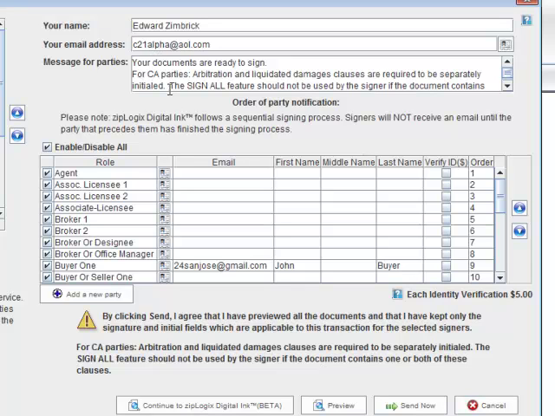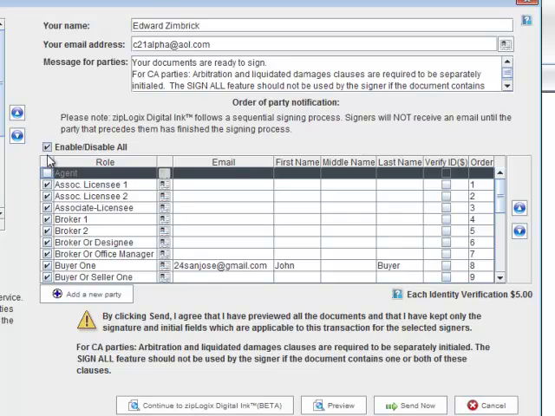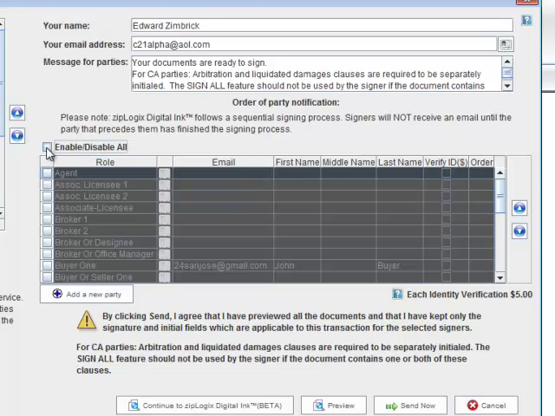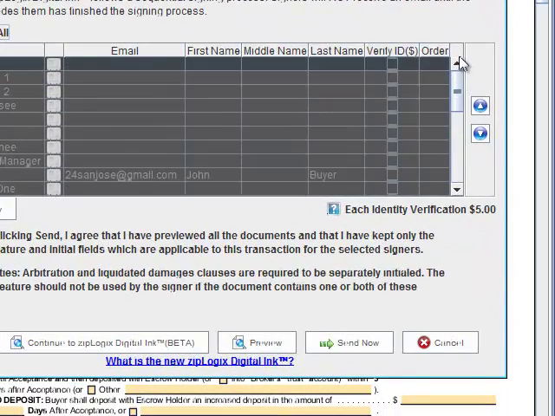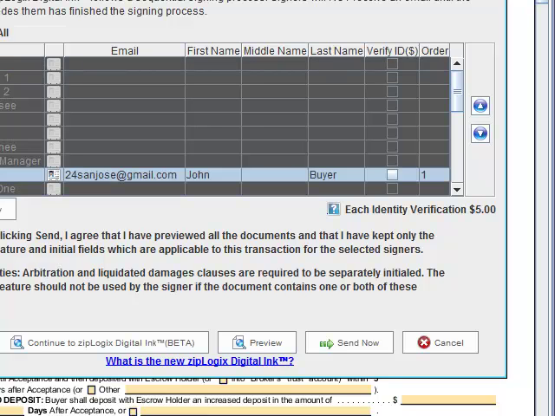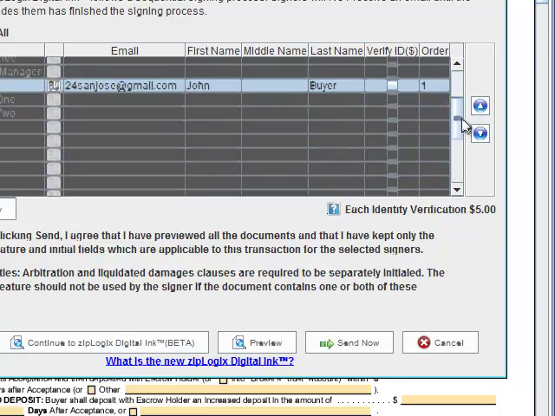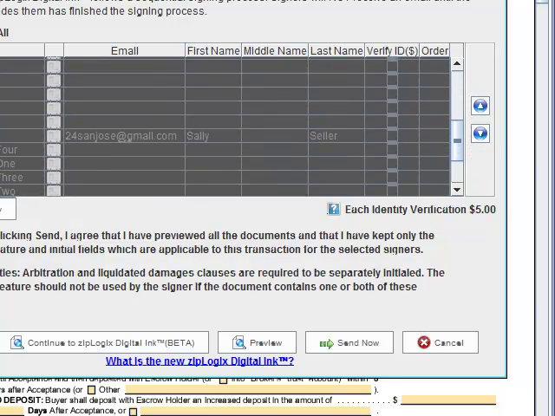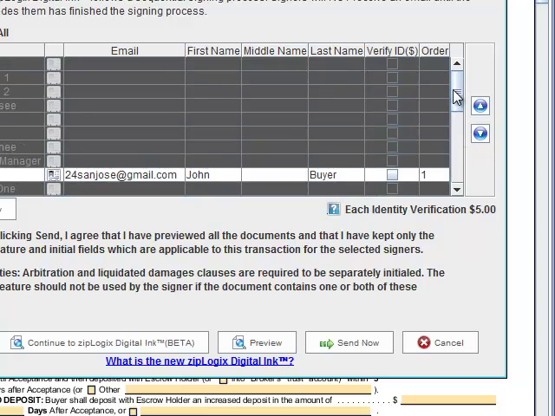All right. So then here are the different people that have a role in the transaction. And notice the default is they're already all highlighted. So if you click on this, you can disable all of them or enable all of them. Let's say we've disabled all of them. Now, it's not something wrong with your screen, these are all blacked out. But let's say we click on this, buyer one, and that's John Buyer, and we want seller one. And the sneaky thing about the counter offer,